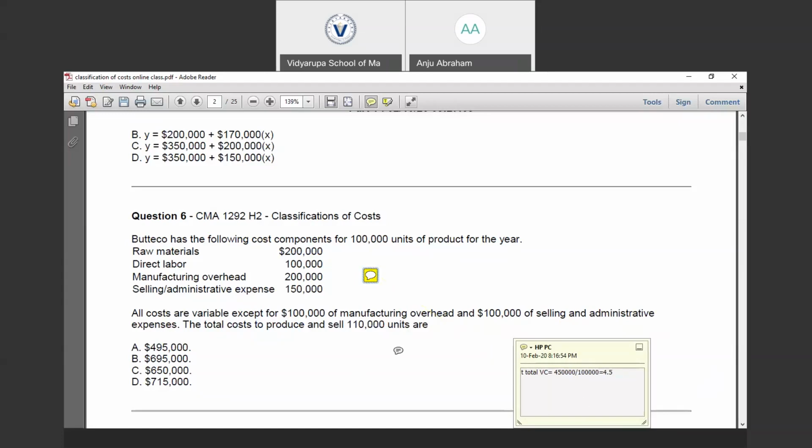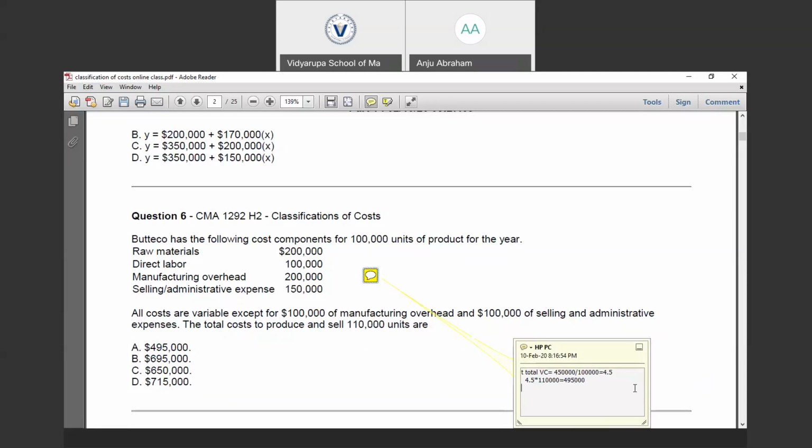We are asked a question for 110,000 units. For 110,000 units, the total variable cost is going to be 4.5 times 110,000, which equals 495,000. Then the total fixed cost is 100,000 of the manufacturing overhead and 100,000 of the selling and administrative expenses, which remains constant within the relevant range.